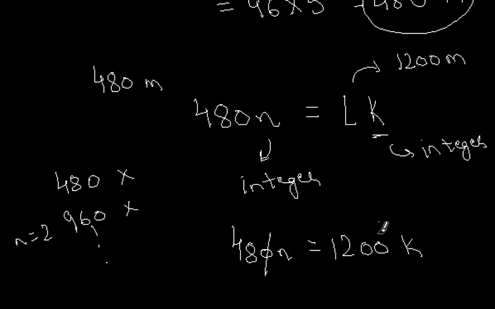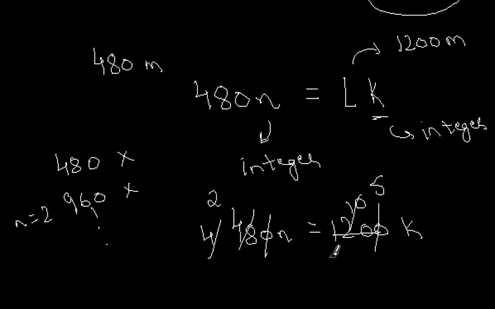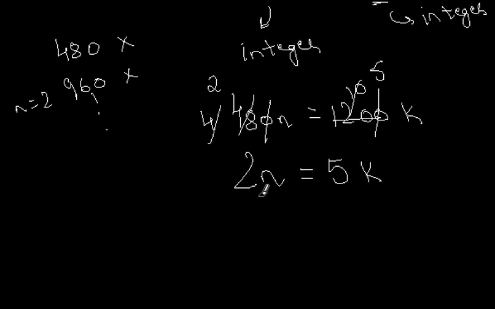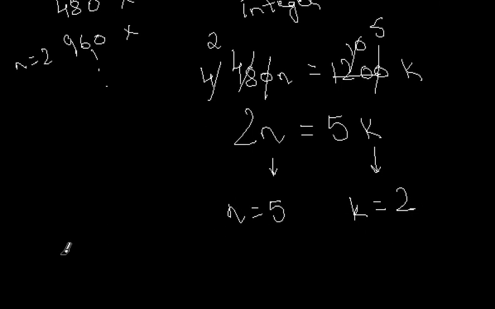Now if we simplify, cancel this out, this will be 4, this is 10, this is 5, this is 2. So clearly we get 2n equal to 5k. Now this will be satisfied for smallest values of n and k when n is equal to 5 and k is equal to 2. So therefore their fifth meet